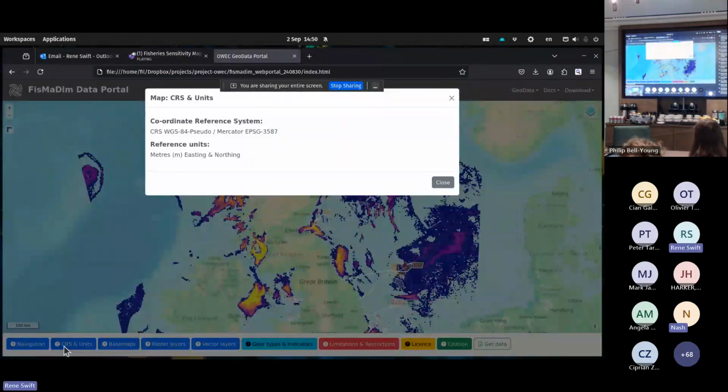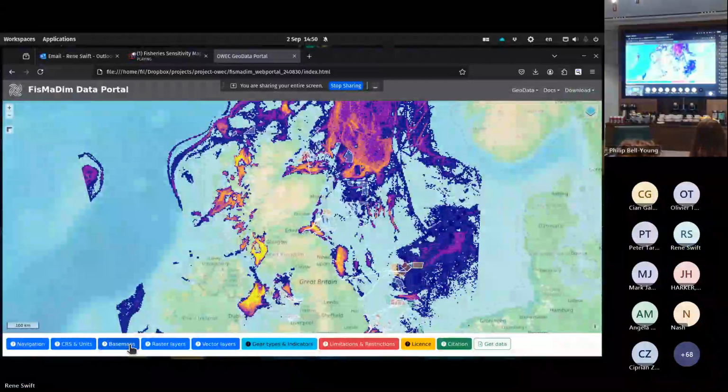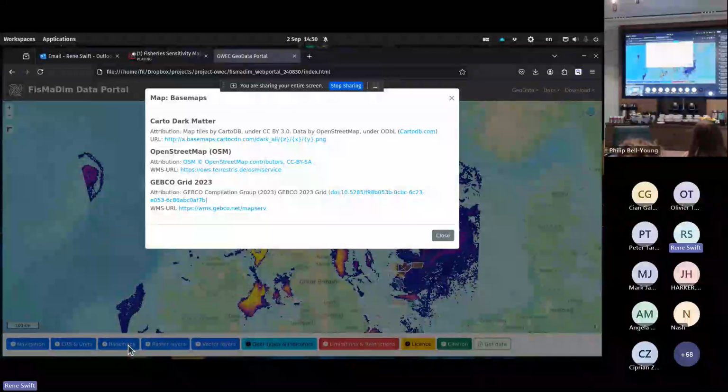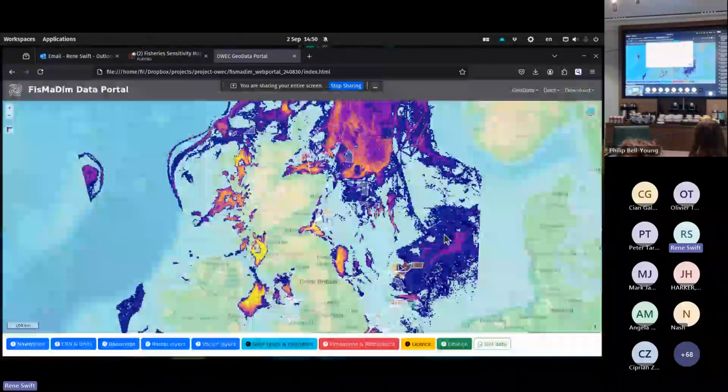The second one gives you an idea of what the coordinate reference system and the units are on the map, because that's quite important to understand when you're making measurements. We have links to the different base maps that we are overlaying our results on top of. And again, you can select to turn those on and off in the layers bar.